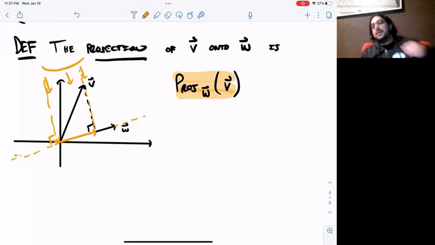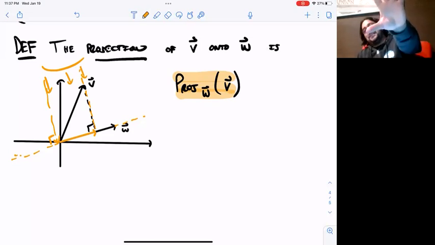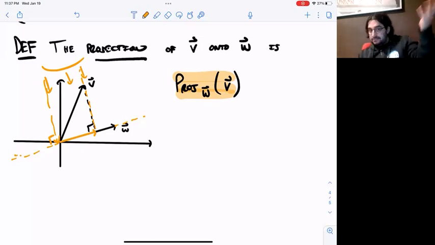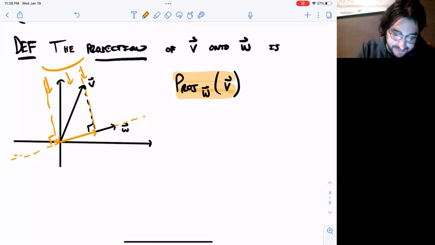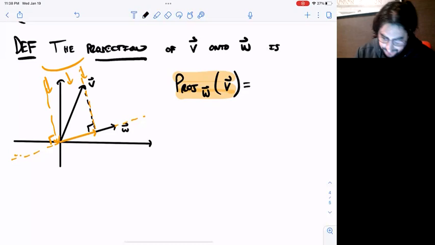It's the shadow. That's what we call it, projection, like a movie theater projects the rays of light onto the wall. Same thing here. You have the rays of sun coming down, and it's the shadow that is projected by the one vector onto the other, where the other shows you the ground and shows you what direction that is happening in. So this has a nice definition. So the definition of this is